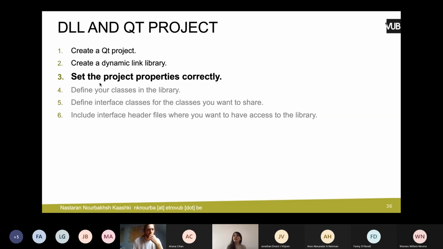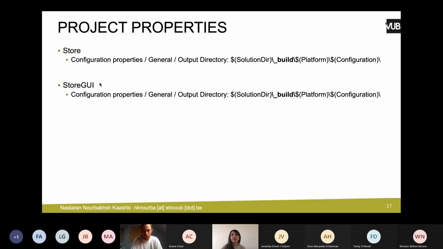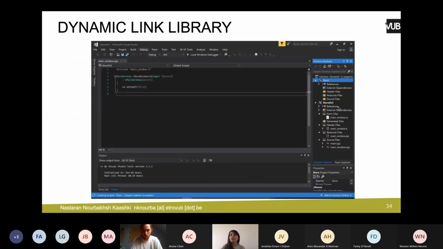Now, as I said, these folders have no meaning for your projects. So to be able to change the projects such that these folders have some meaning for them, we have to change the project properties correctly. How can you access the project properties? You will right click on the name of the project, and in the pop-up menu, you will have Properties. If you open that,